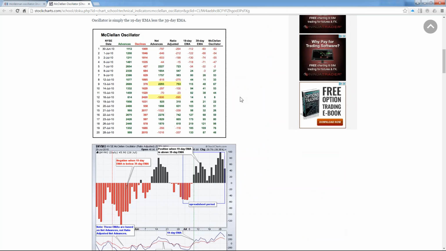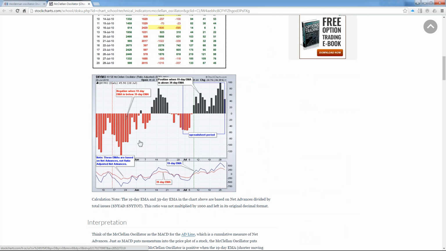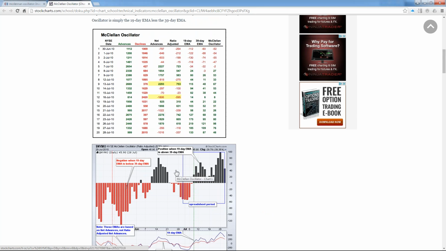that's used. Generally, what they look like is this. When McClellan oscillators go well below 100, that means things are getting really, really ugly, which means certain things are getting cheap. When McClellan oscillators go close to 100, they basically mean things are getting overbought. And that's pretty much it. They are all based off moving averages. The formula is